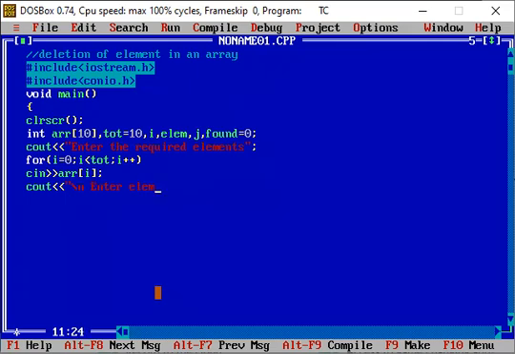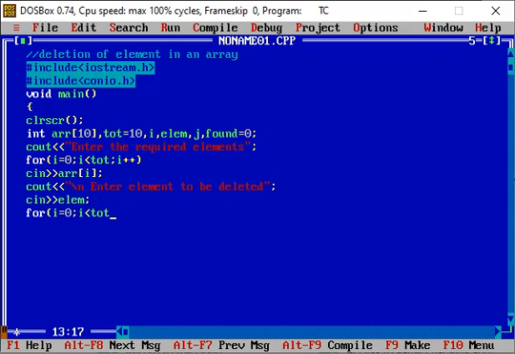Then I will traverse the array with the help of a for loop, just to see whether that particular element is available or not. So I'm writing i less than total, so till the end of the array I will traverse.